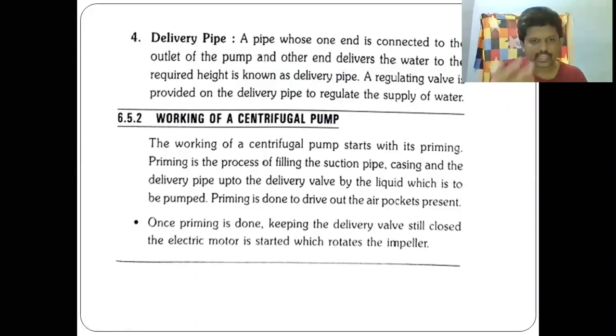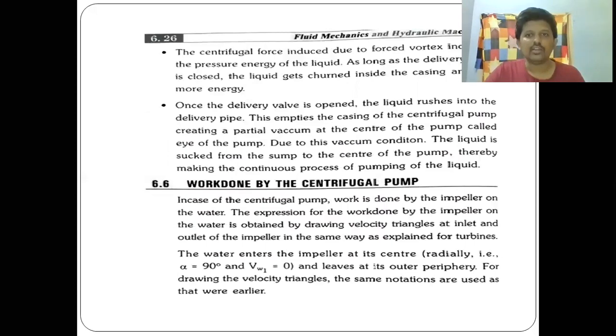And the working of a centrifugal pump, which I already mentioned, I am explaining one more time. We have an impeller, the rotating part of the pump, which starts rotating. It creates some centrifugal force. Due to that, the water from the lower level experiences a pressure difference and starts moving up, and we have a foot valve there which only lets the water flow in one direction. We also have a strainer which does not allow unwanted things to flow into the pipe. From the suction pipe the water reaches the impeller. The impeller is rotating, then the water goes to the delivery pipe and is delivered to the tank. This is what happens. That is the working of a centrifugal pump.